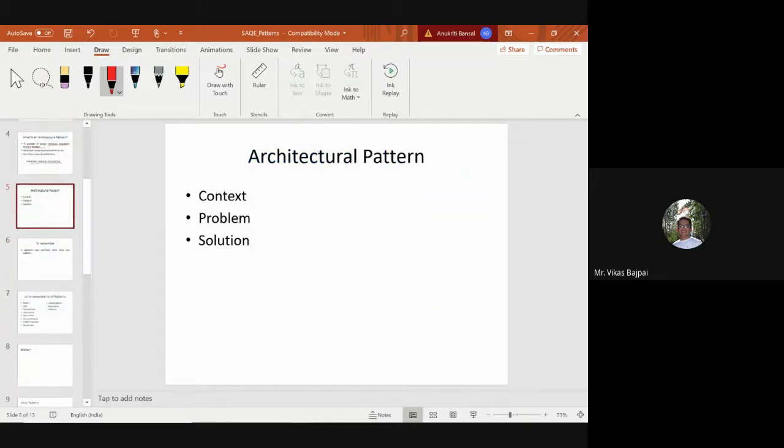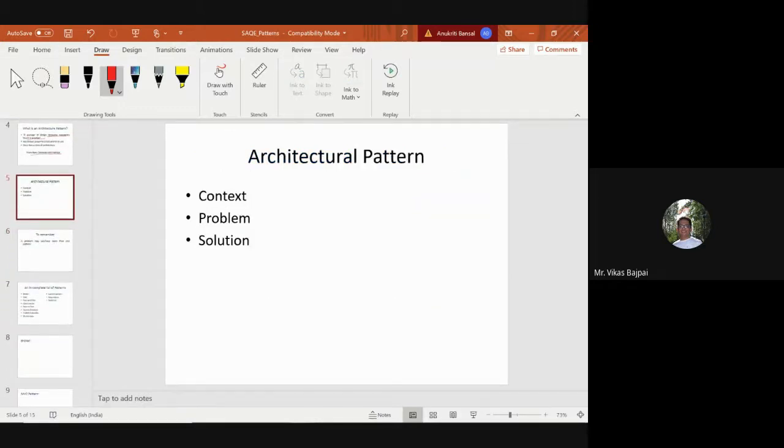So when we talk about an architectural pattern, we have a context and then we have a problem in this context, and ultimately this architectural pattern is providing a solution to this problem. This term pattern originated in architecture.